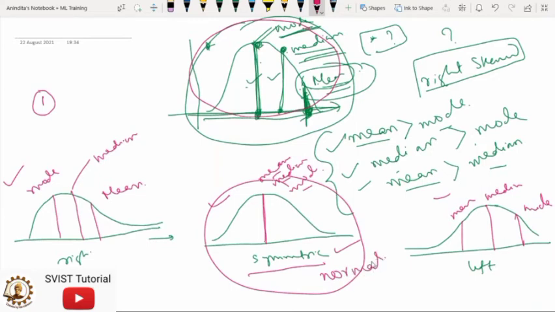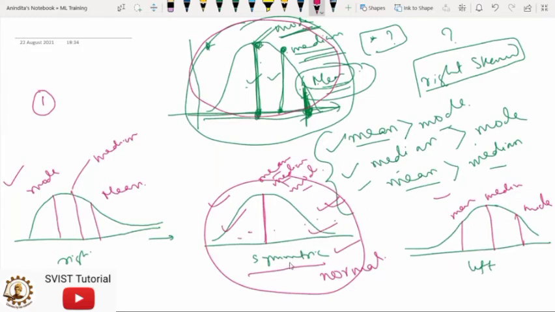So basically in a normal distribution, if this kind of symmetry appears, meaning that there are as many data values we have in the left side of the median as on the right side also. So we have the same kind of distribution of the data points. So always we go for this kind of symmetric distribution.